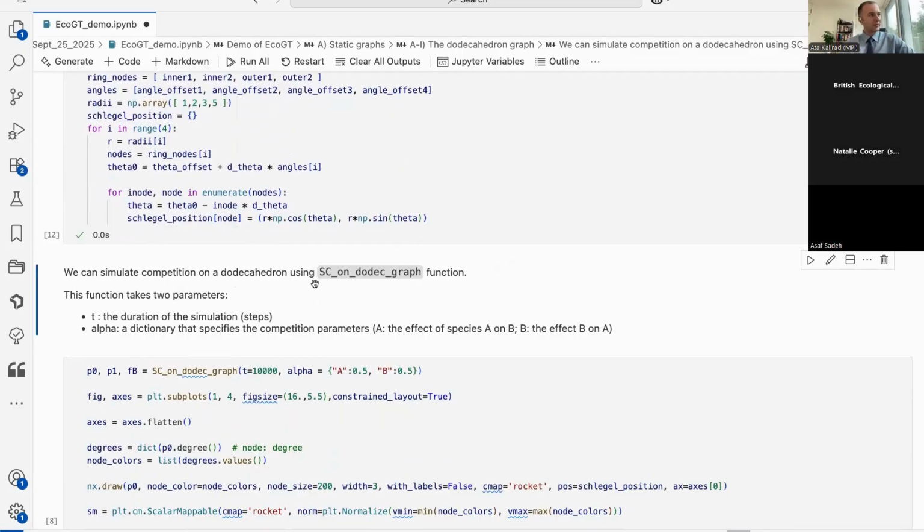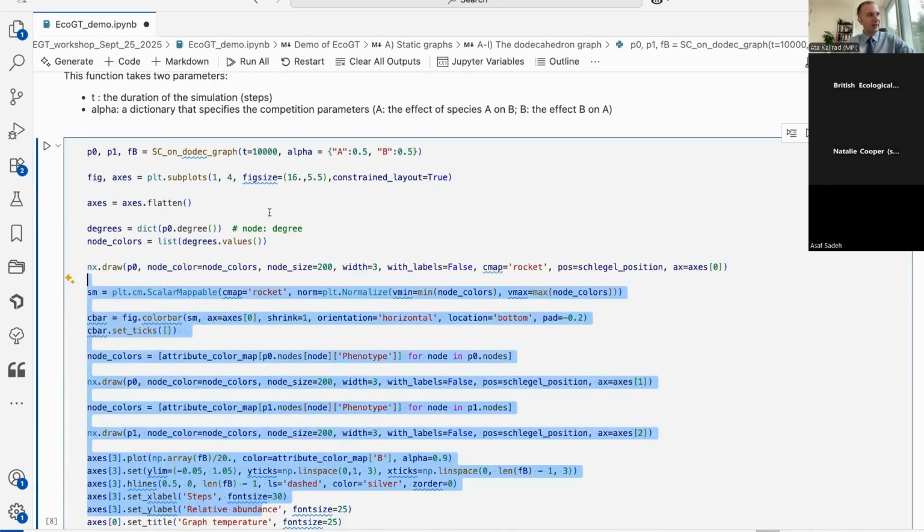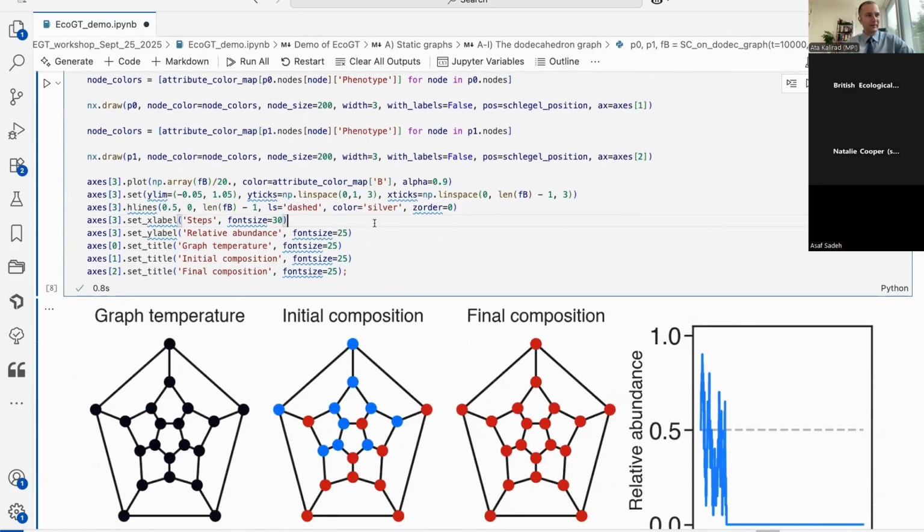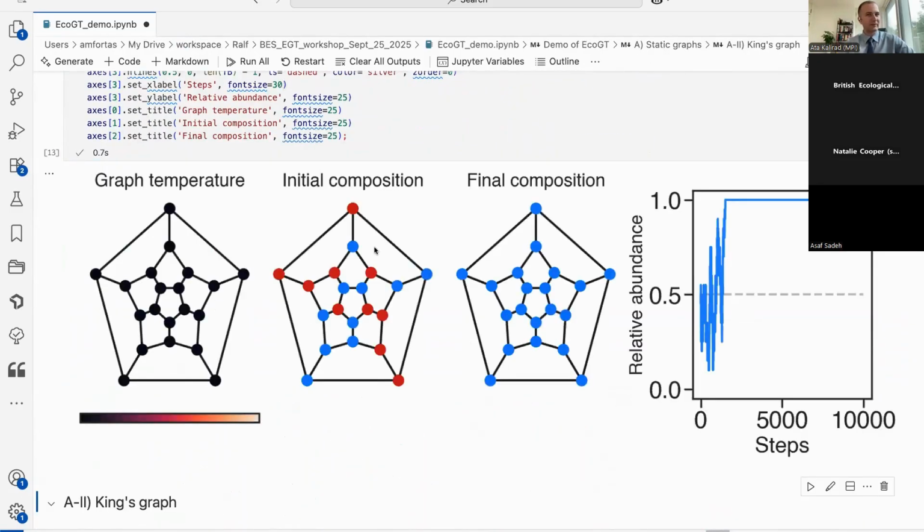This one is using the SC, meaning species competition, dodecahedron graph function. You can give it a number of generations and a species competition, so that is the alpha parameter: how do these different species affect each other's death probabilities? And so, for example, in this case, if I simulate this,